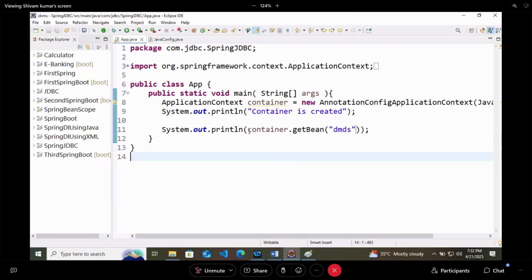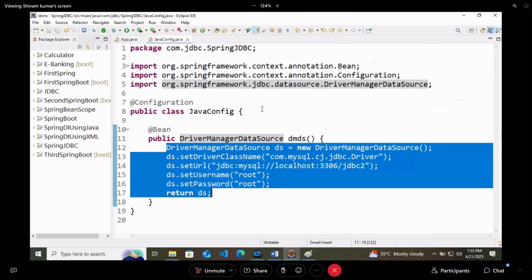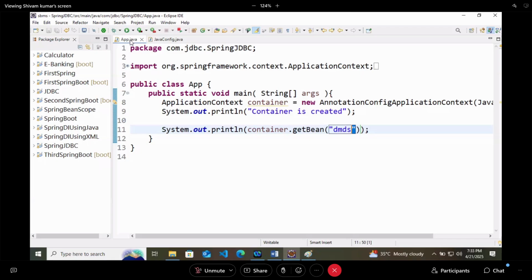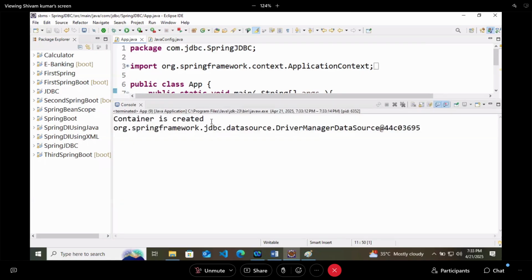I am just asking my container to get the bean of dmds. I have written it in double quotes, which means I am writing the method name. Let's try to run this. So the container is created. After that, it is printing something: org.springframework.jdbc.datasource.DriverManagerDataSource at the rate of 44C03695, some address, some hash code.